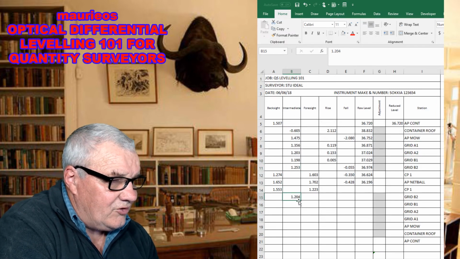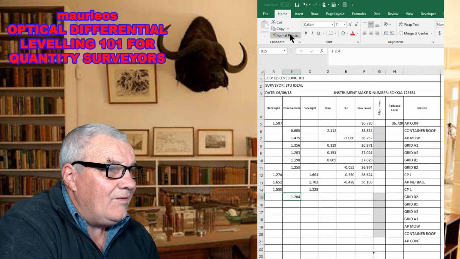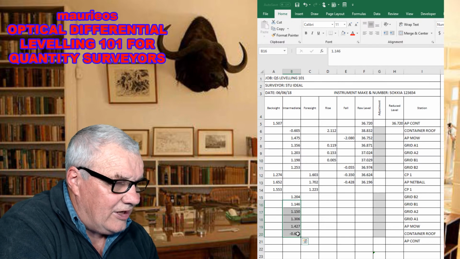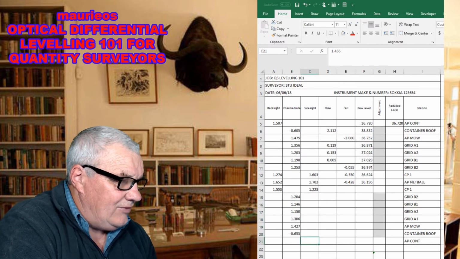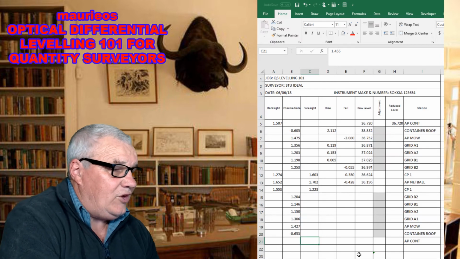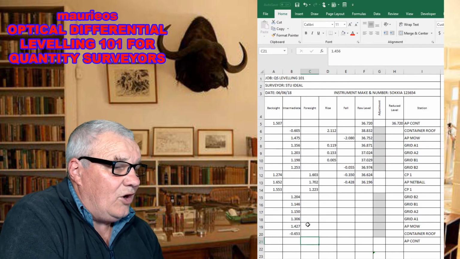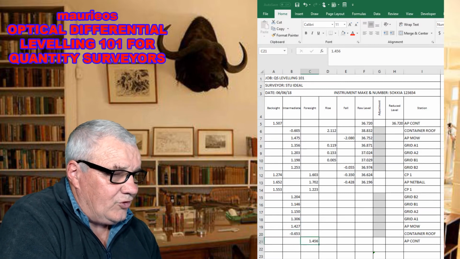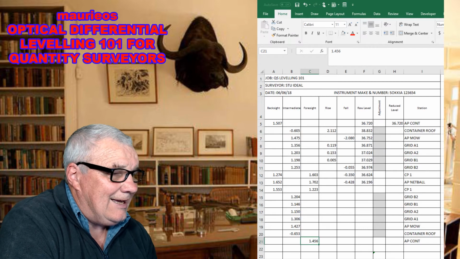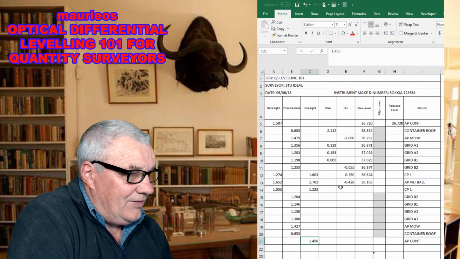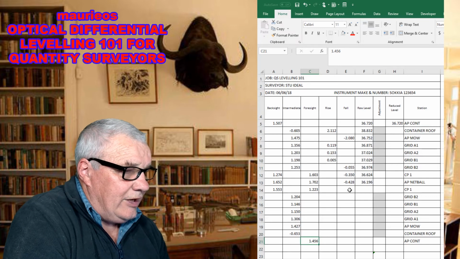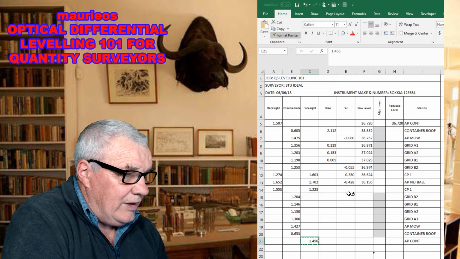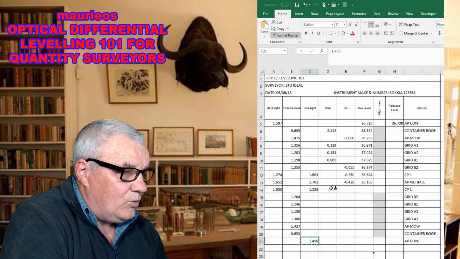All right, intermediate sites in here, and these will all be the intermediates to the same ones again in the reverse order. And then finally, for the second run, as I pointed out in the diagram there, a foresight to AP container. And then we'll work out each of these through here. So this minus this will go,